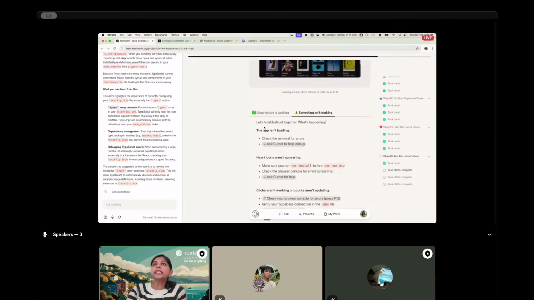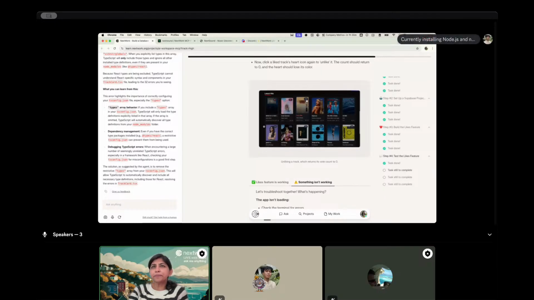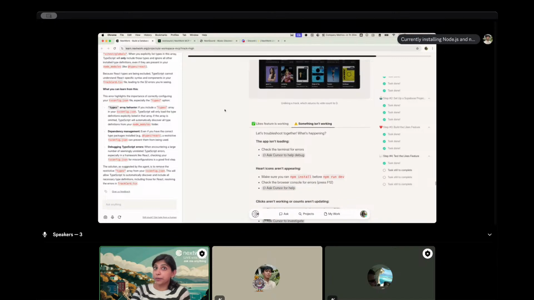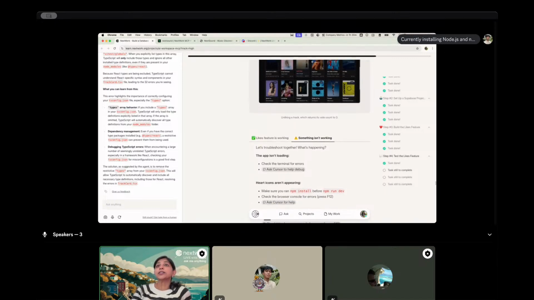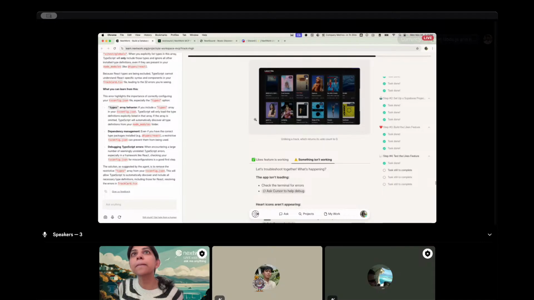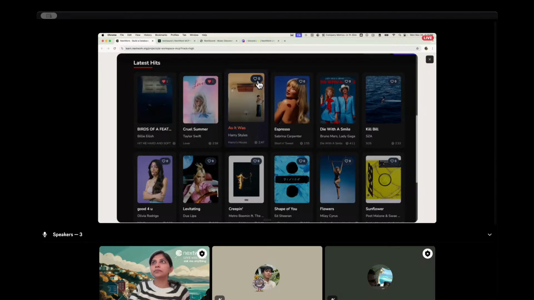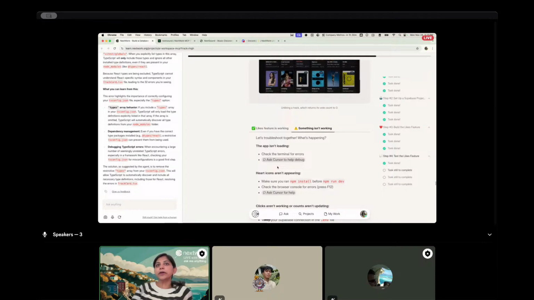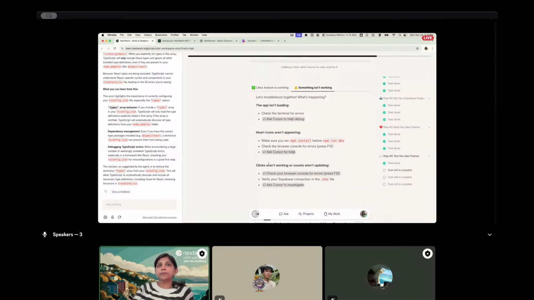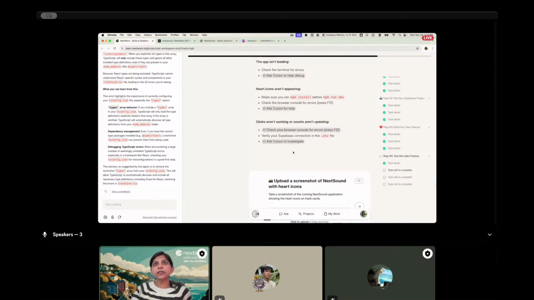So I basically used Cursor to build a feature. The feature kind of works, but not in the way that I want it to work, which is I should only be able to like it once. I look in the screenshot and there's only one like, right? So my likes feature is kind of working, but not working. For example, the clicks aren't working or the counts aren't updating. So I think I'm going to tell Cursor